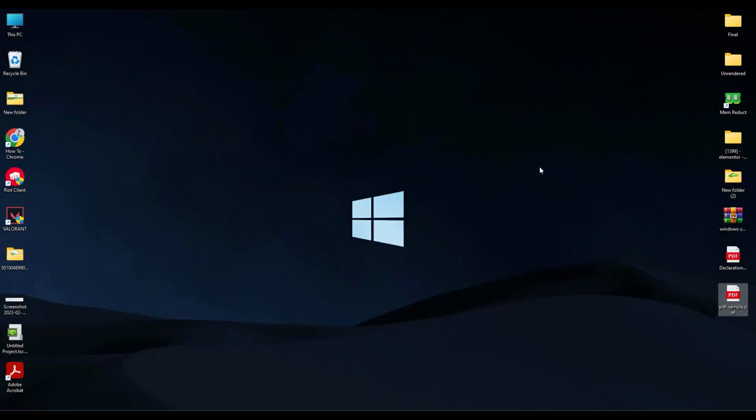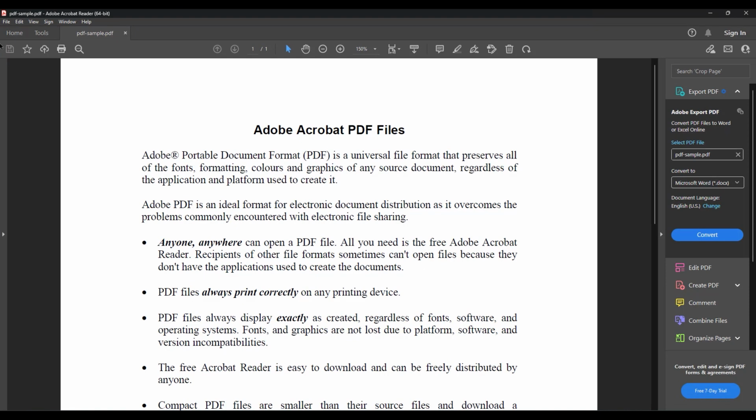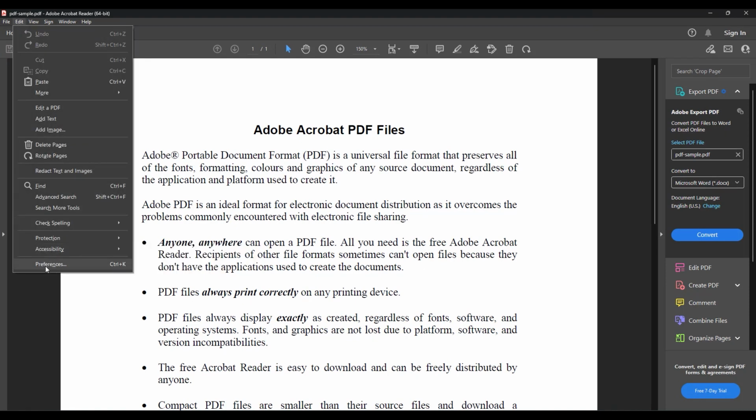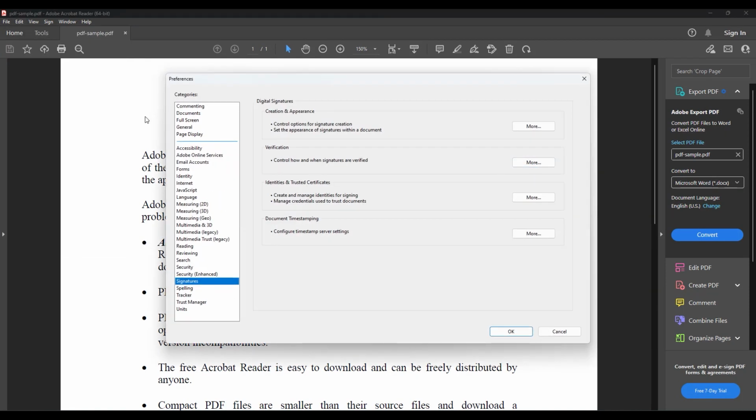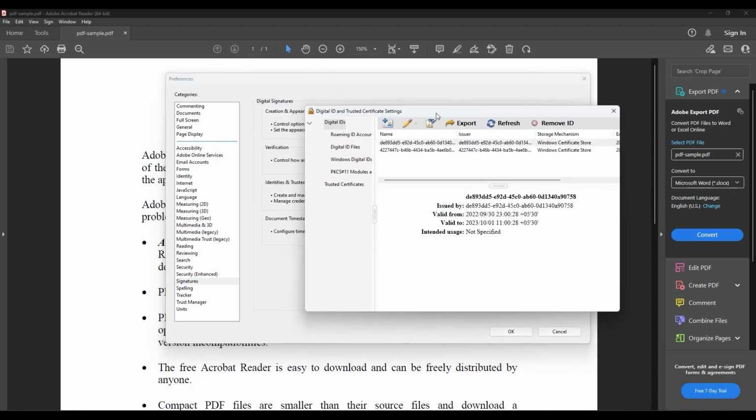So after the installation is complete, just simply open your Acrobat Reader. Then just simply go to edit, then preferences, then click on signature over here, then click on identities, then click on more under identities, and in identities just simply choose digital ID over here, then click on this plus icon